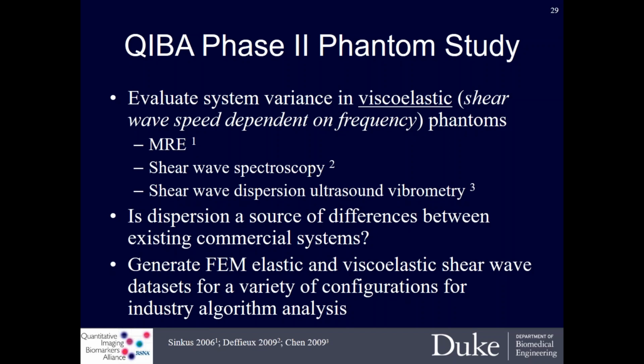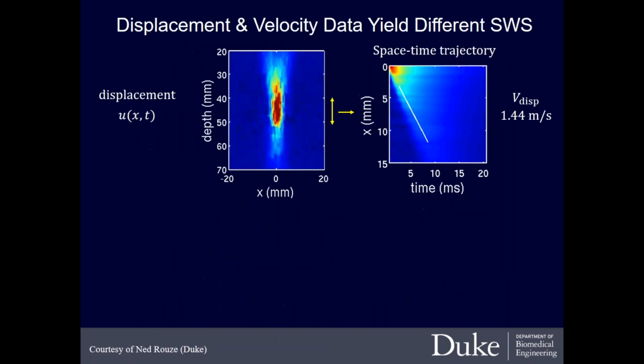So the takeaway from the phase 1 study is that most of our systems were agreeing to within plus or minus 5% of a grand median that we were looking at there. And then we wanted to up the ante and say, well, let's move to a more realistic tissue mimicking material, which would be one that is viscoelastic. And there had been literature already alluding to the fact that a viscous model was more appropriate for tissue, both in MRE and different ultrasonic modalities. And we wanted to see how incorporation of viscous materials into these calibrated experiments would affect our conclusions.